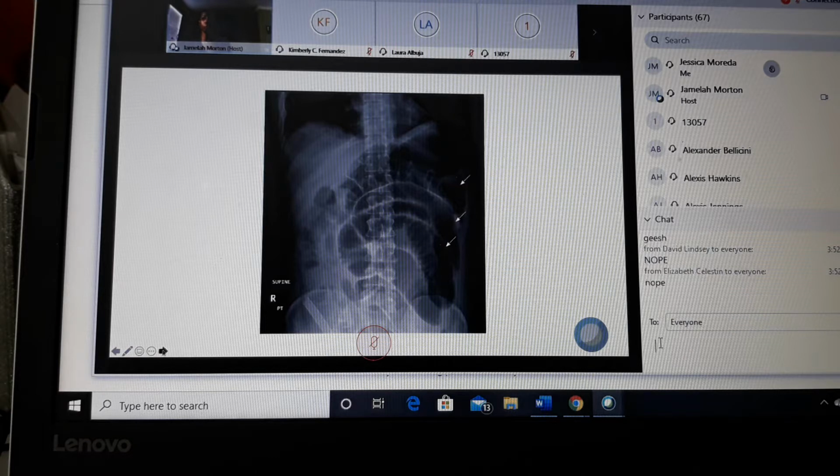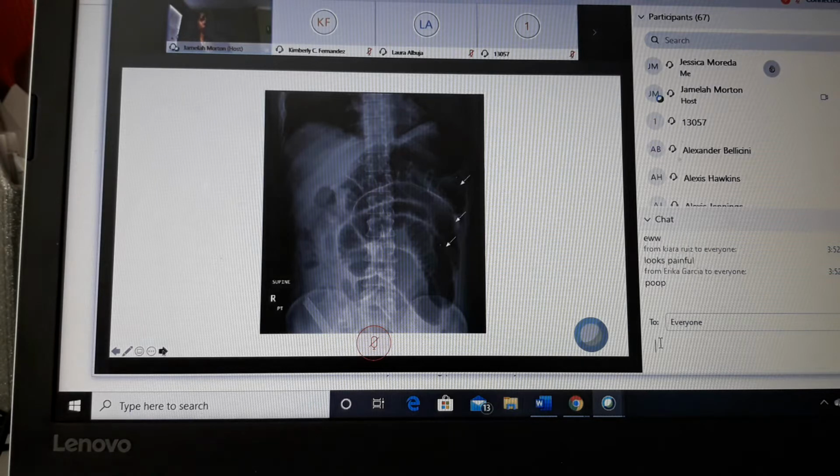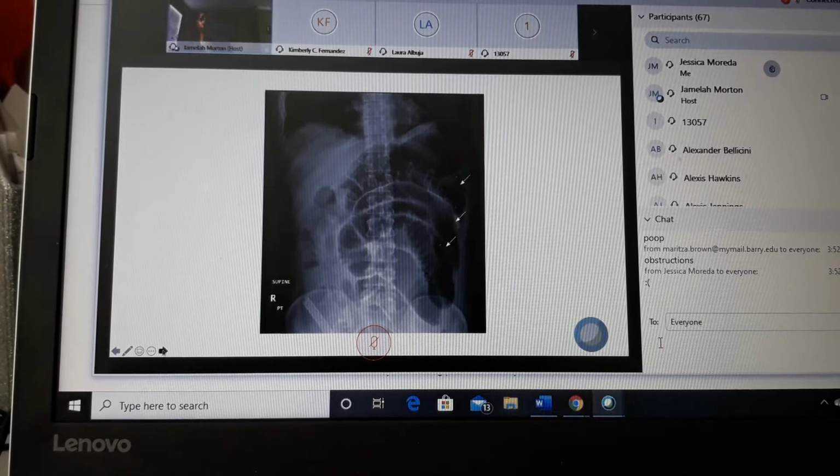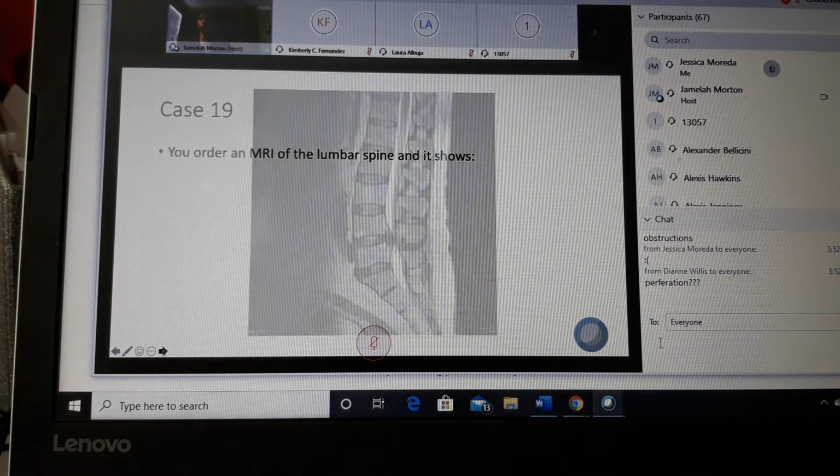Okay, no matter what we do, what we're seeing here is distended bowels, okay? And those bowels are distended and just dilated and just angry looking. They look like they're completely obstructed. And what's in them is feces, okay? So with this patient, he has a full distended bladder and bowels that are full of feces. So you order further testing, and we did the MRI, okay? And you order the MRI, and it shows this,